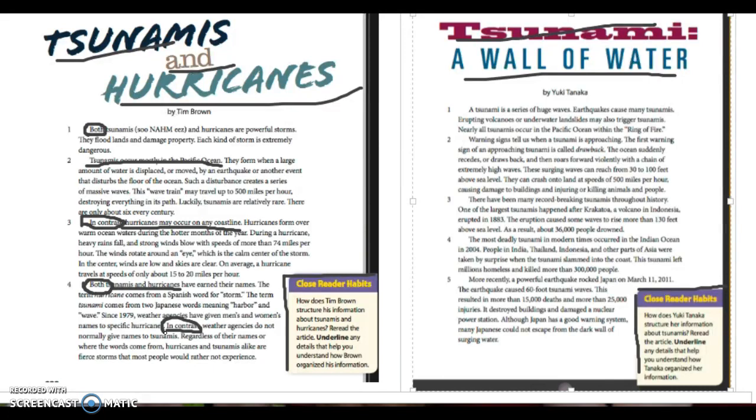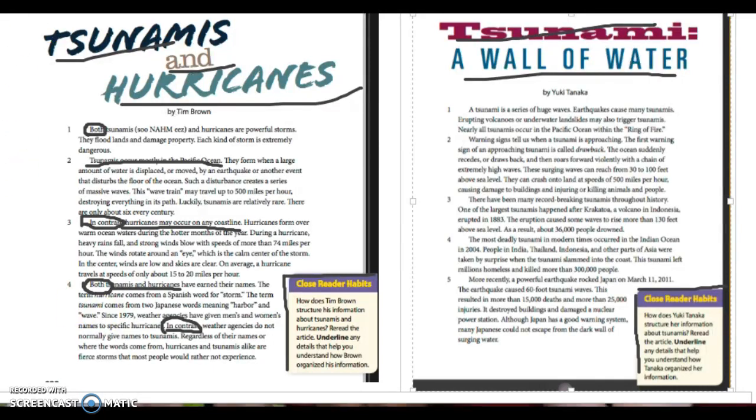One of the largest tsunamis happened after Krakatoa, a volcano in Indonesia, erupted in 1883. Eruptions caused some waves to rise more than 130 feet above sea level. As a result, about 36,000 people drowned. The most deadly tsunami in modern times occurred in the Indian Ocean. In 2004, people in India, Thailand, Indonesia, and other parts of Asia were taken by surprise when the tsunami slammed into the coast. This tsunami left millions homeless and killed more than